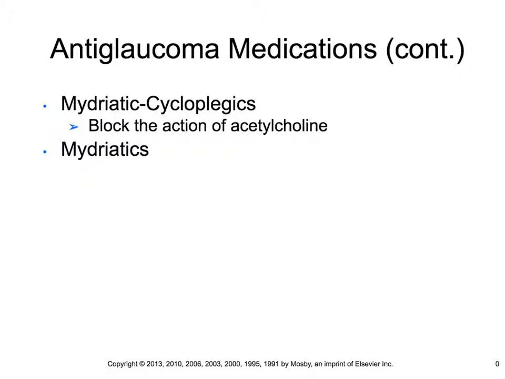So when the action of the acetylcholine is blocked, the sphincter of the iris is paralyzed, causing mydriasis, an abnormal dilatation of the pupil. The ciliary muscle is paralyzed, with inability to accommodate vision or focus the eye. So the mydriatic